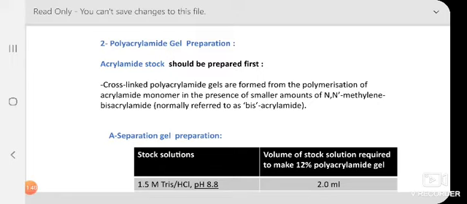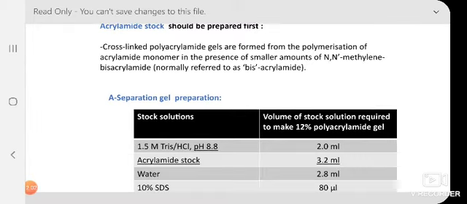Now, first, as I mentioned, we are going to cast the separating gel, that means the running gel, the bottom part of the gel. What is the percentage of the gel? First question: it depends on what macromolecule you are going to separate. We are doing protein, so protein size also matters. If it is a small protein, we will design differently than for a very big protein. We will consider the percentage of the gel accordingly. Here 12% polyacrylamide, generally 10 to 15%, we prepare for the separating or running